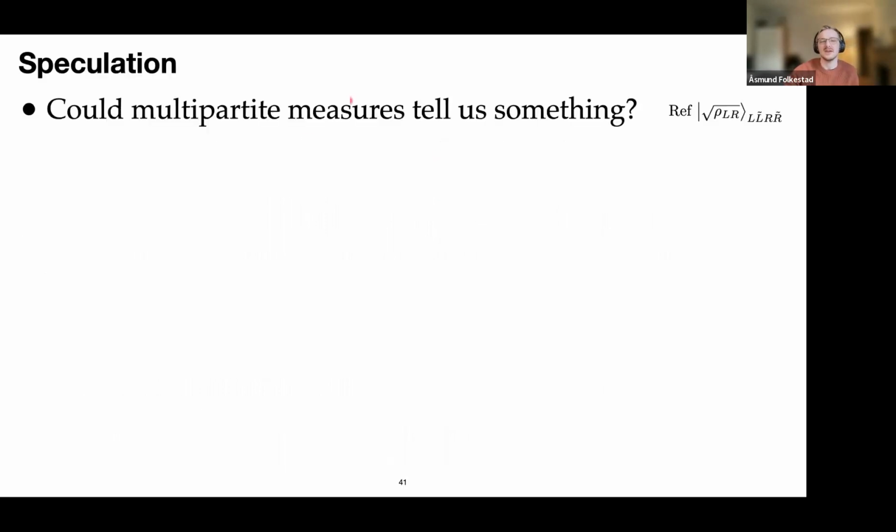So some speculations: maybe multipartite measures of entanglement could tell us something, and they could maybe be interesting to study in this state here. Now, one thing speaking against that, that might just be my lack of creativity, is that if you study such measures in just a normal two-sided case, then you have to choose at least 3 subregions, and what is the natural 3 subregions to choose? That's not obvious. It seems like you have to make some artificial divide, but maybe there is some good way to do it.